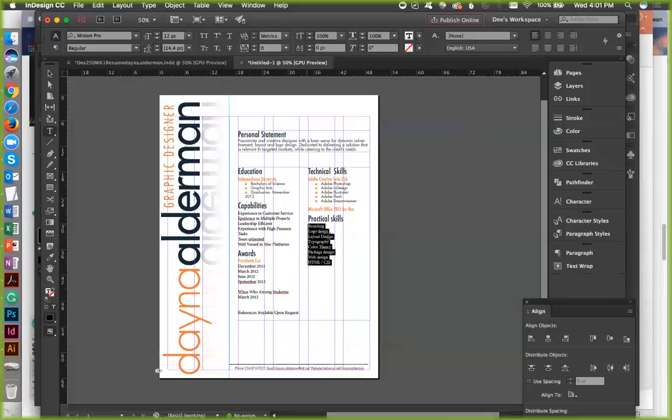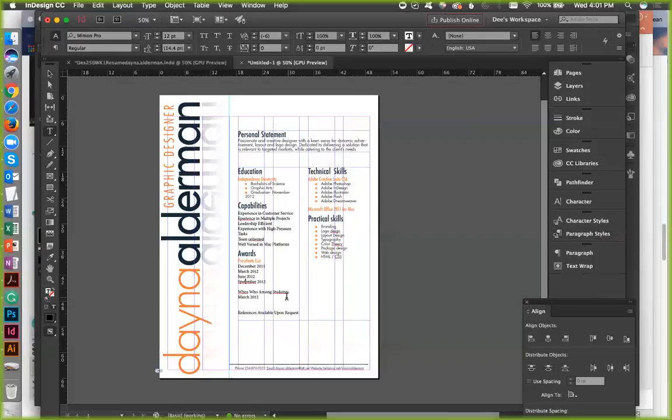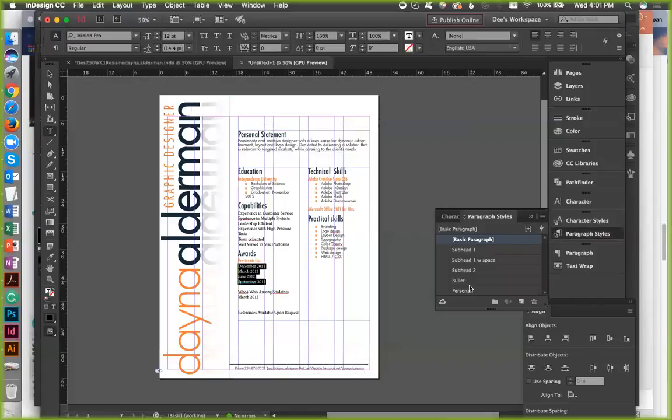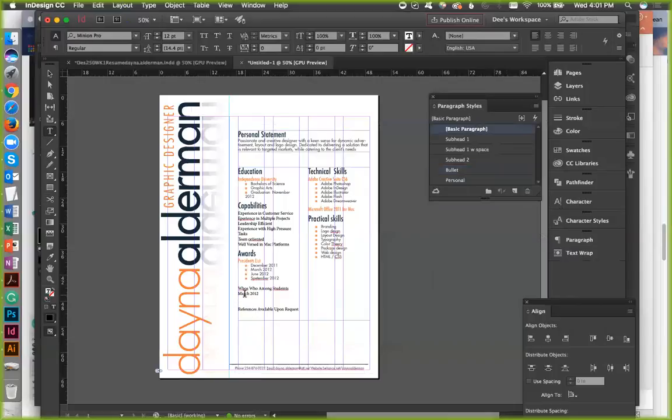This is going to be my paragraph style bullet. It's pretty good there. This has got to be a bullet, and I'm going to move this out. This is who's new among students, March 2012. I can bullet this. And the reference request, I'm going to use the second subhead. Let's take a look at that.